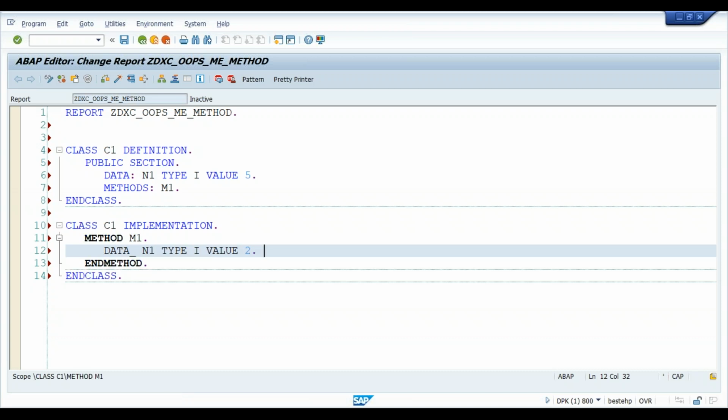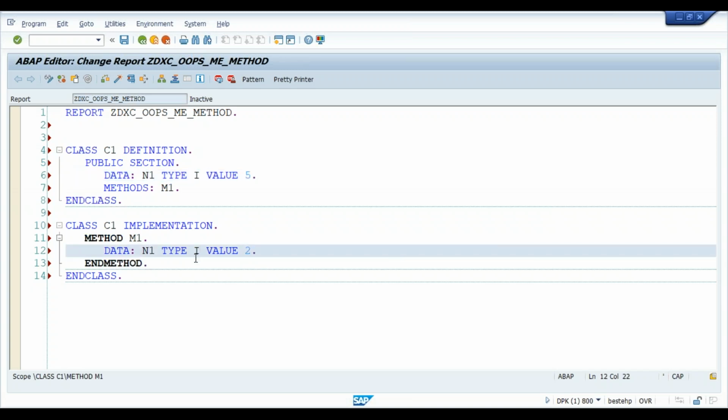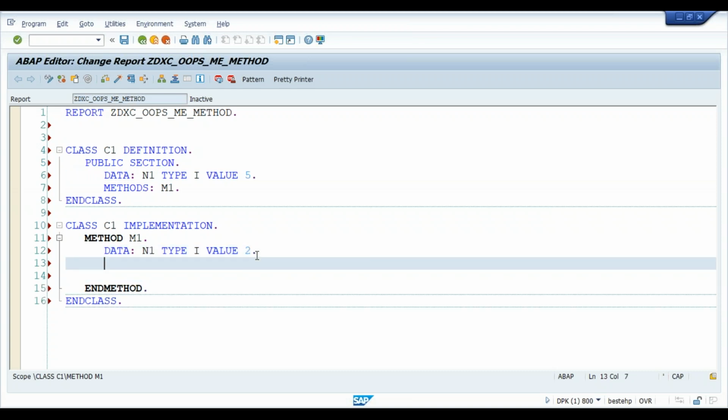Now if you see here, N1 is declared in the C1 public section and in the method also. So the same N1 is declared twice. It's declared here as value 5 and here as value 2. In fact, we can also declare something else, not just integer. We can make it a character also, and we can rewrite the values. So now here what we'll do is write